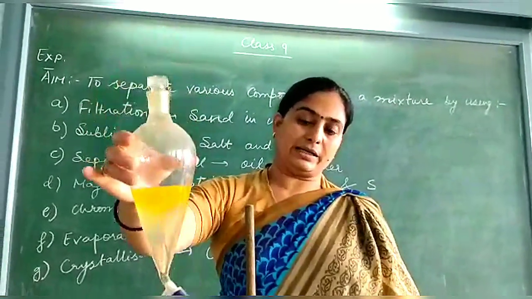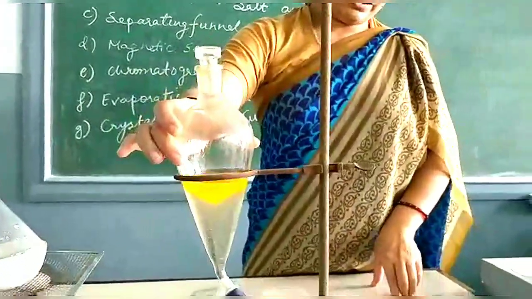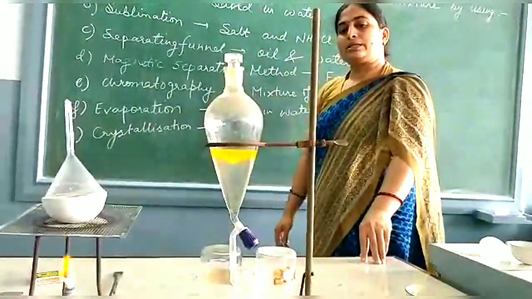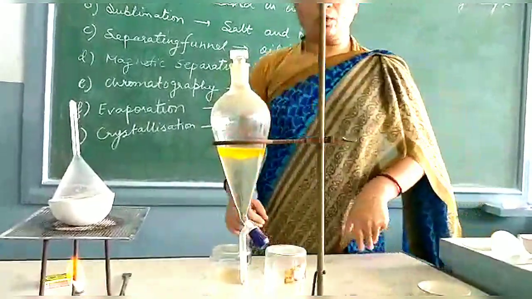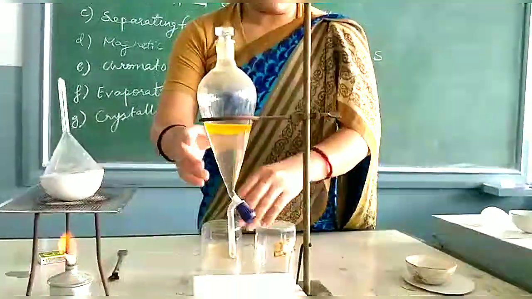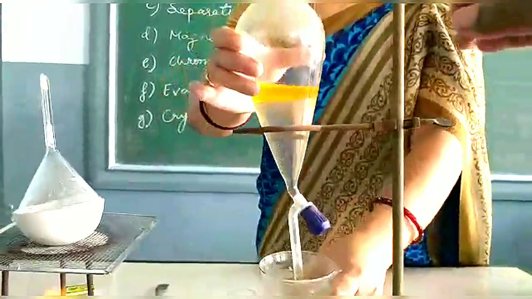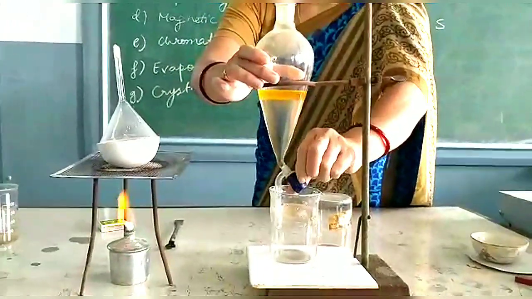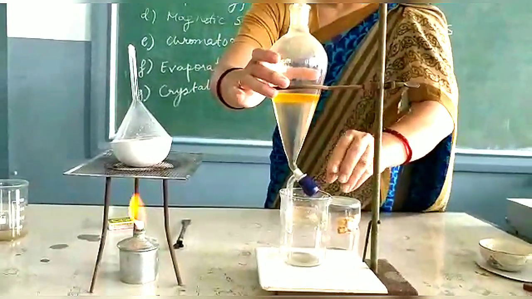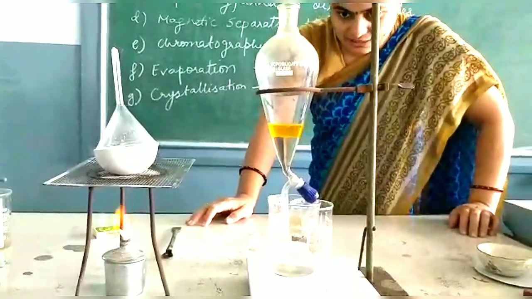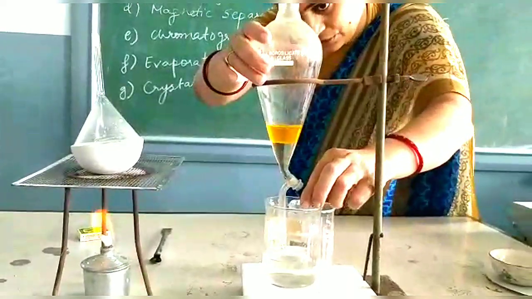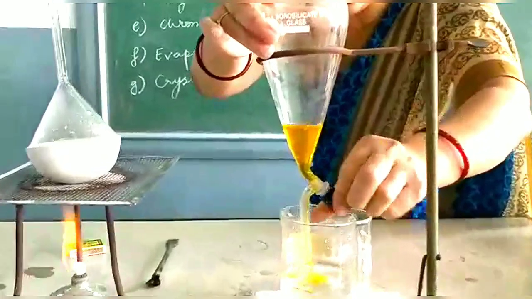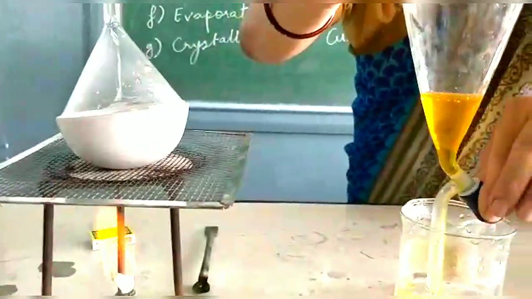On mixing and leaving it to stand for some time, I found that it changes into two separate layers. Now what will happen? I'll keep the beaker and open the stopper so that the liquid is easily visible. When this water has completely come out in the beaker, I'll close this tap and not allow the oil to come out.